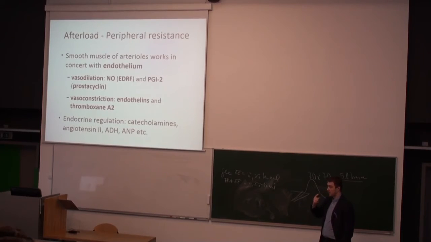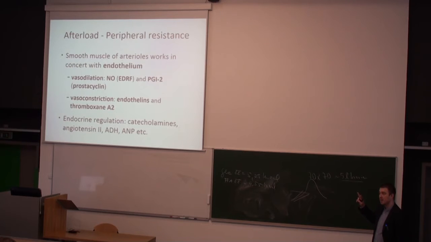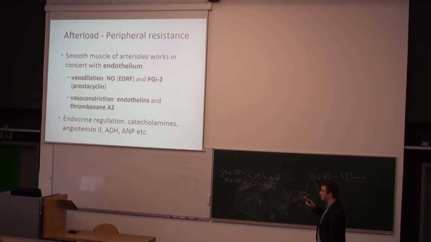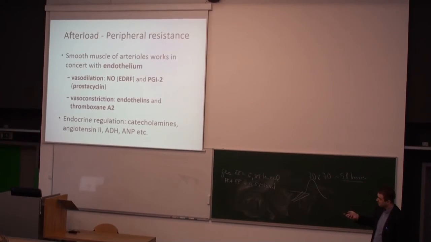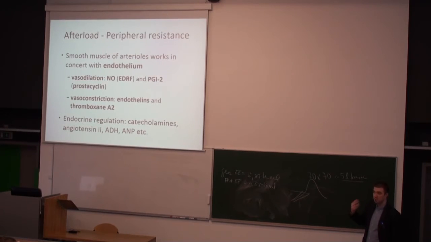So if we look at the first, that means the concert of endothelial cells and the smooth muscle cells in the arterial wall. You know that we have two groups of compounds, local vasoconstrictors and local vasodilators. Here you have two of them per each group. I chose them by the pattern that first they are important, and second that they have different chemical properties.